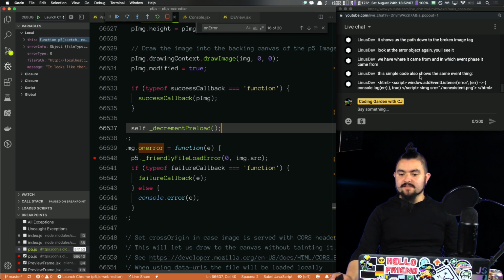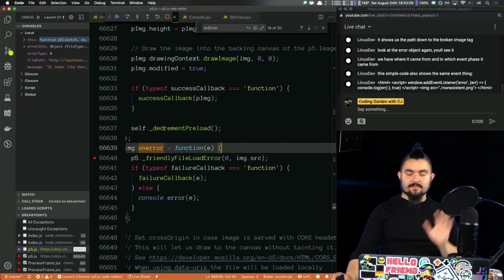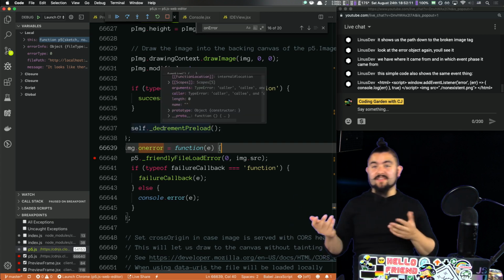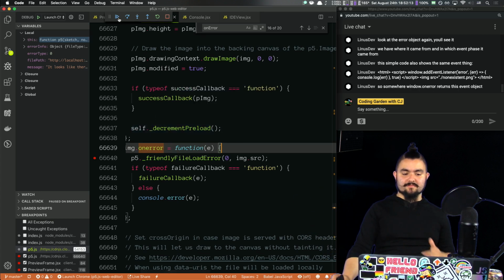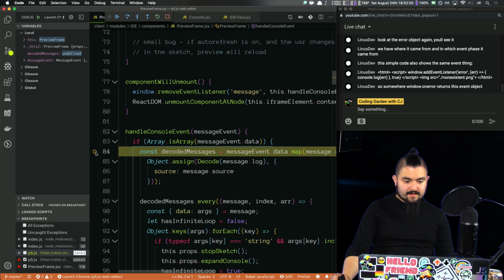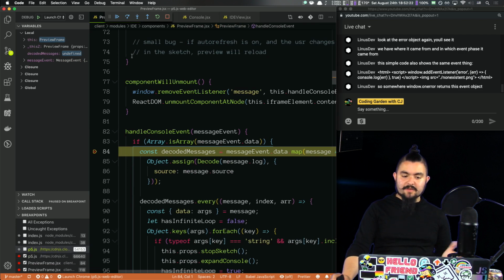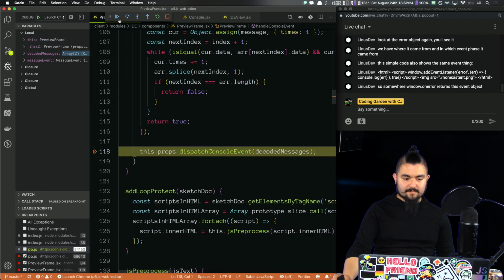Yeah, Linus is saying this simple code shows the same event thing. Okay, so potentially what we do is we modify that error that it sends up to be friendly and be like the actual error that it is. Well, let's see. Okay, keep going. I don't want to look at this anymore. Well, actually, I mean, we could potentially modify it and then